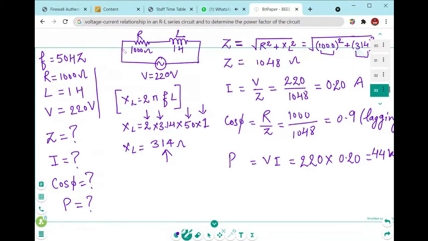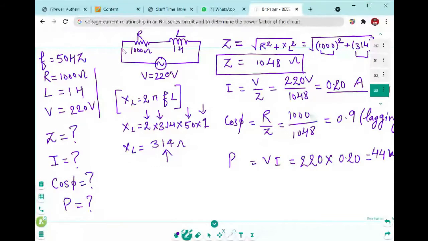And when we solve this equation, we will get the impedance value of 1048 ohm. Our next task is to calculate the current. How to calculate the current? I is equal to V upon Z. So we know the voltage is 220 volt, and you have calculated the impedance Z, that is 1048, and you can see right here the current value is